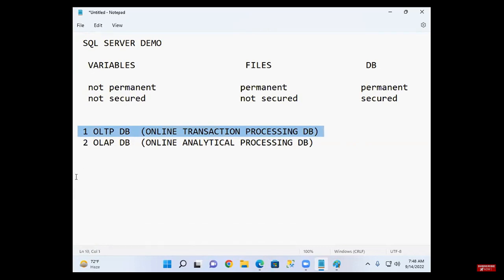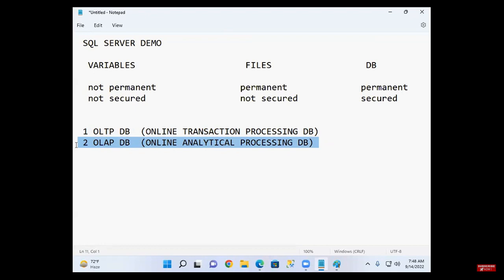Understood? And what is this for? This is for analysis. If you want to analyze the data, you use OLAP. If you want to store day-to-day transactions, use OLTP. This is for running the business, and this is for analyzing the business.